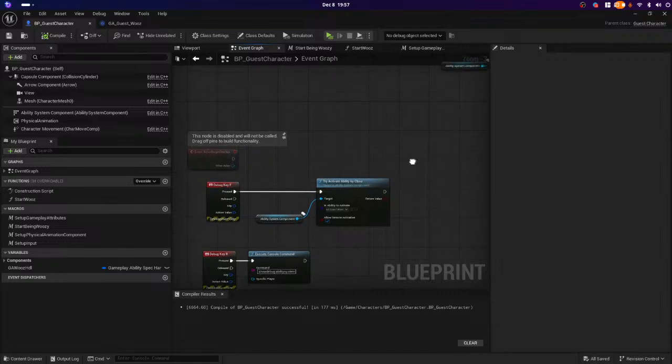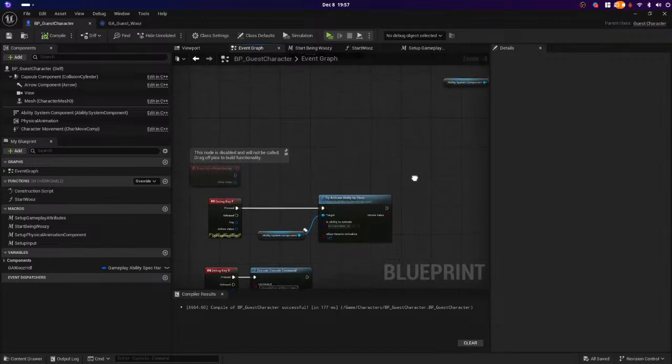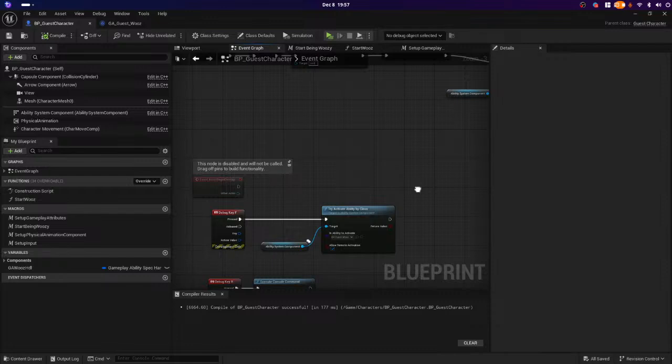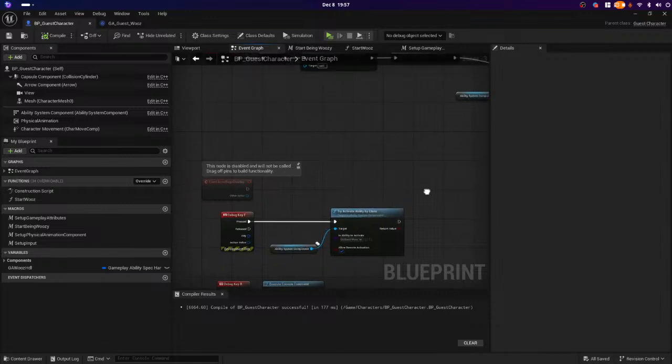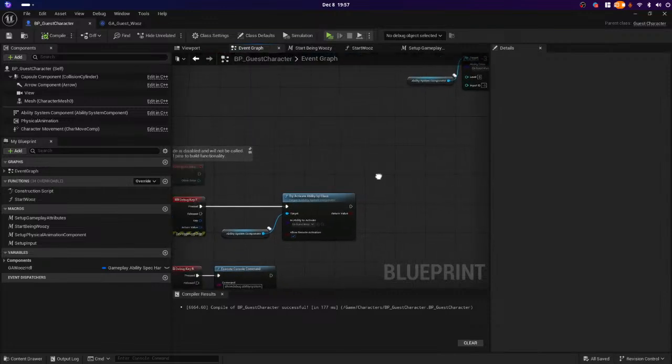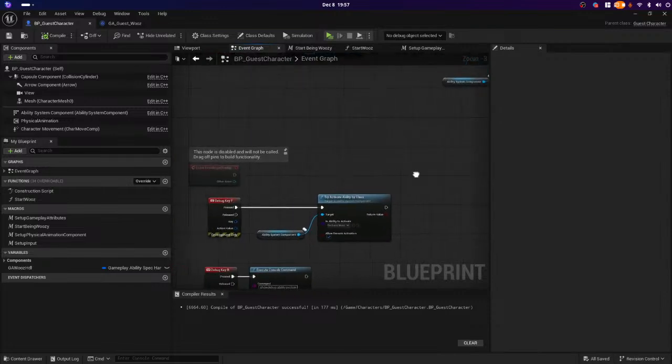So we can activate the ability by class. Or we just,